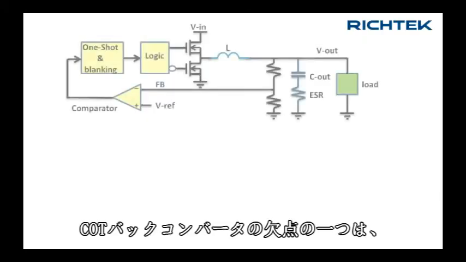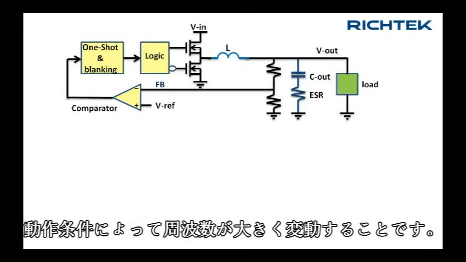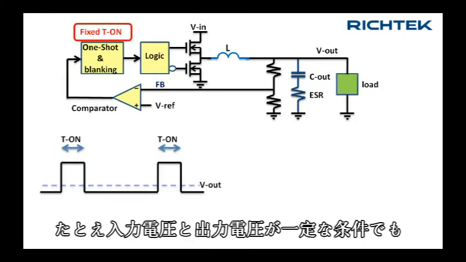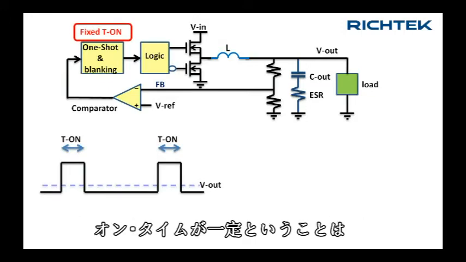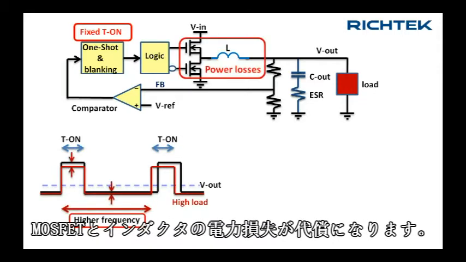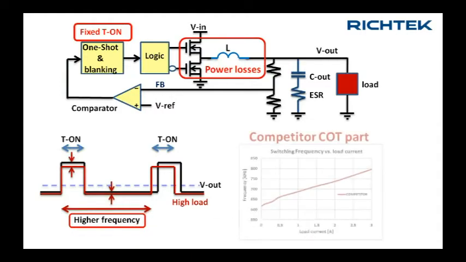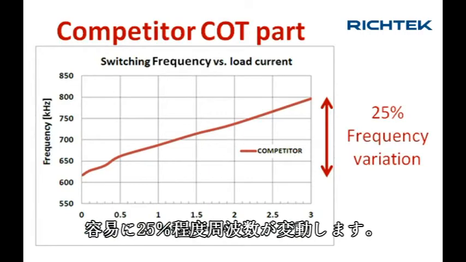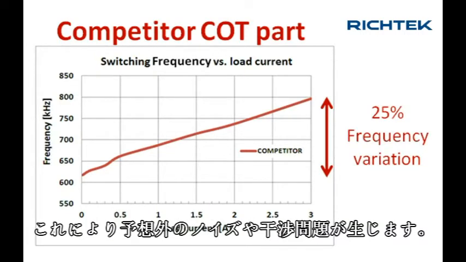One of the drawbacks of COT buck converters is their large frequency variation over operating conditions. Even with defined input and output voltages, a fixed T-on will mean that frequency will have to increase at higher load levels to compensate for the power losses in the MOSFETs and inductor. Competitor COT parts can easily show 25% frequency variation at different load conditions, which can lead to unexpected noise and